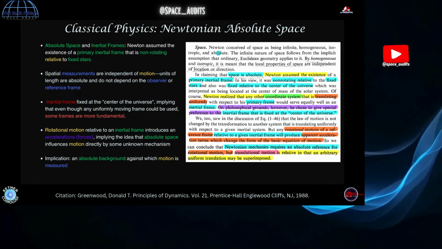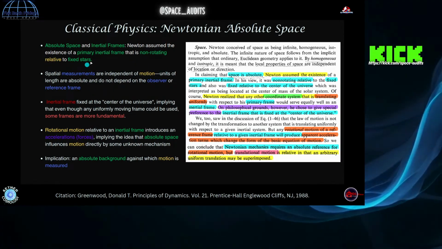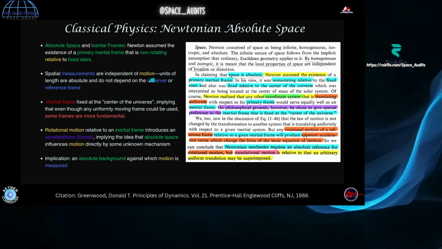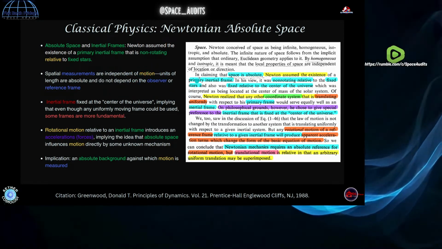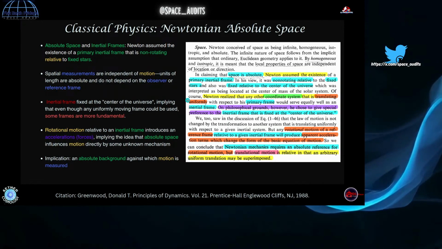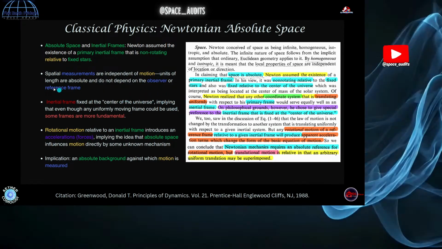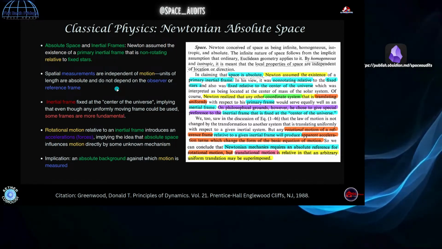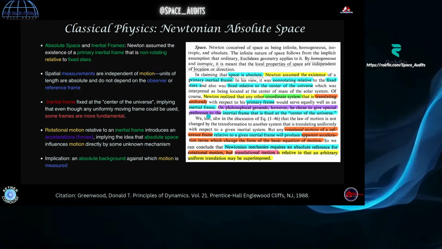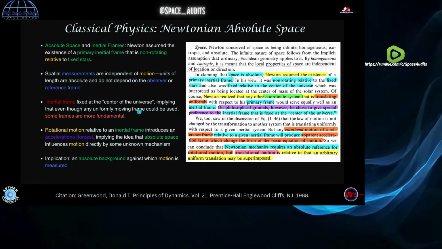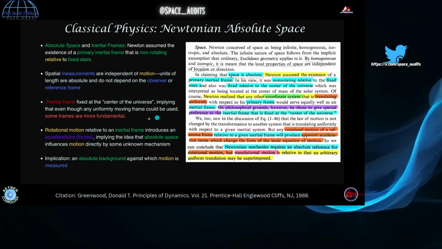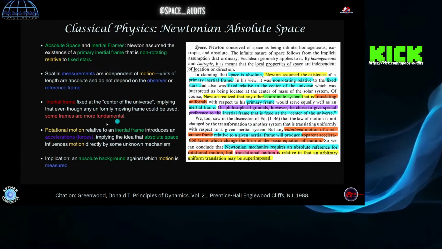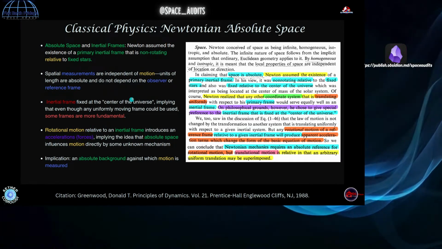So he's saying that if you're in uniform transitory motion, that's just as good. But for rotation, when he did Newton's bucket, he came to the conclusion that there had to be an absolute space, he just didn't know where to put it. And apparently, he wasn't opposed to one for transitory motion, but it was never really discussed much. So there's an inertial frame at the center of the universe, right? Some mathematical construct that's defined by the gravitational potential between the sun and all the other planetary bodies and their positions and distance away from the sun at any given time.